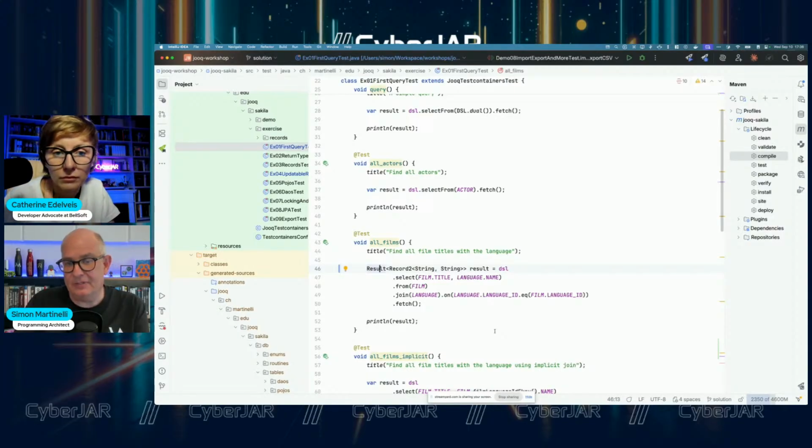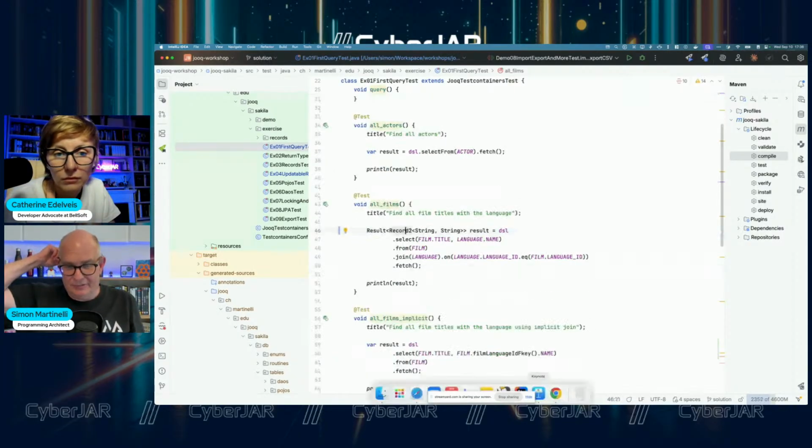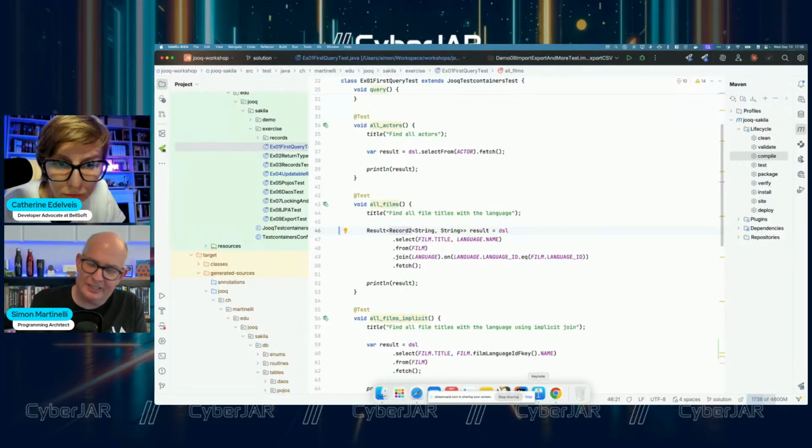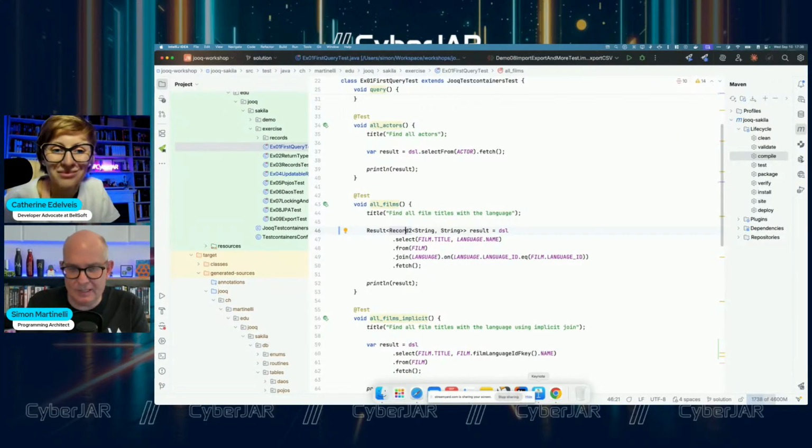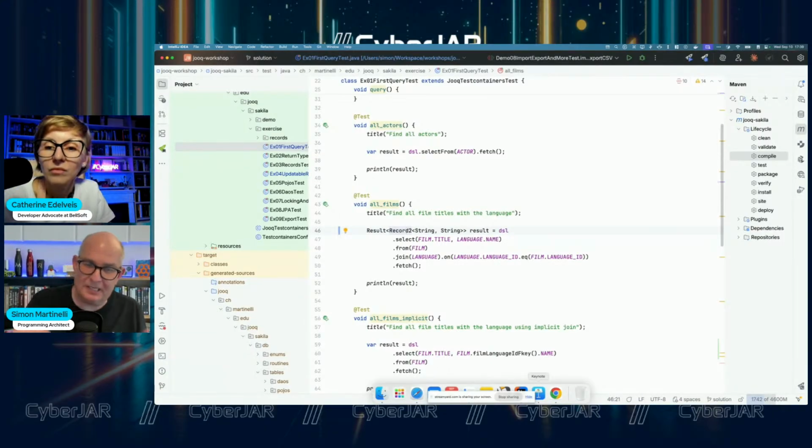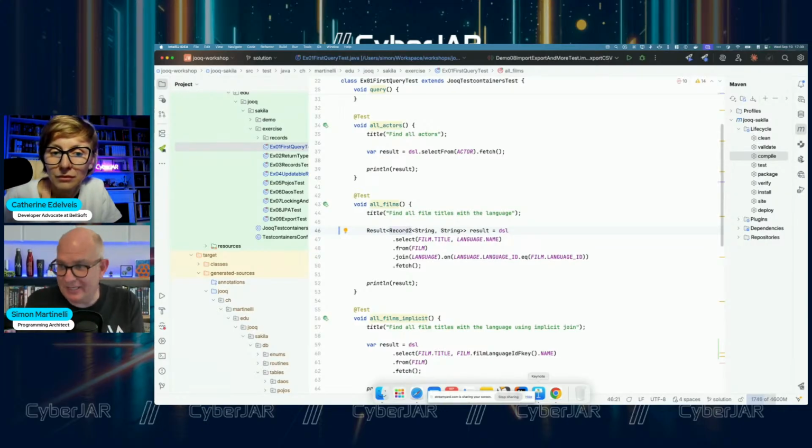And here we have something, also record, but this time a Record2. By the way, we have Record1 to Record22. Record22 because of the early days of Scala, because jOOQ not only supports Java, but also Scala and Kotlin. And then you can use it in an idiomatic Scala or Kotlin way. I'm a Java guy, that's why I use Java and no other language.